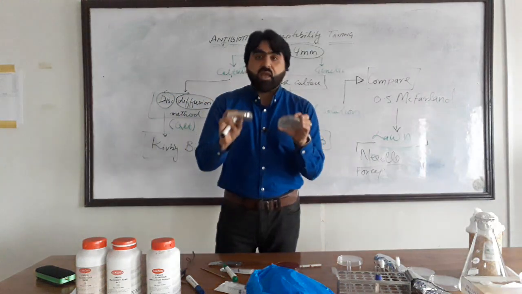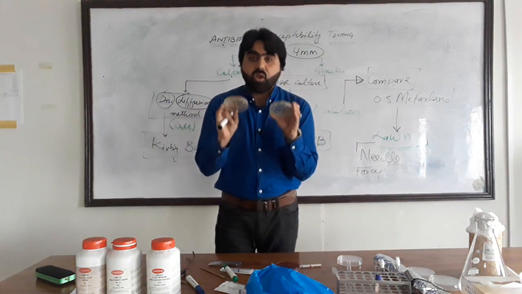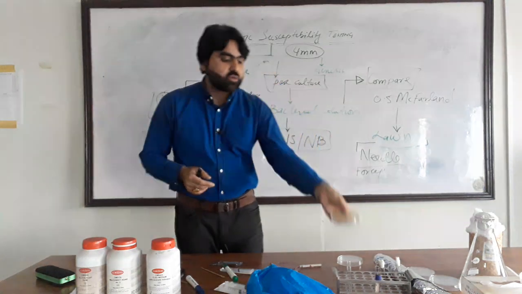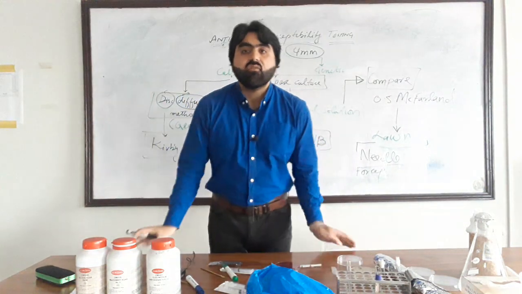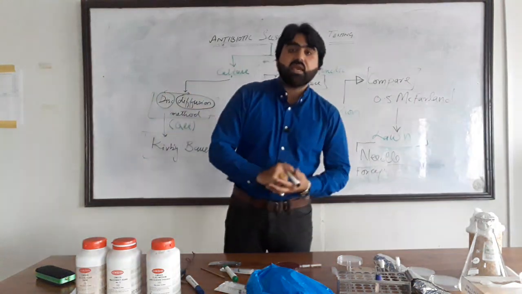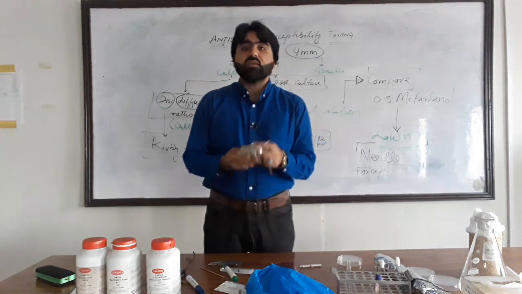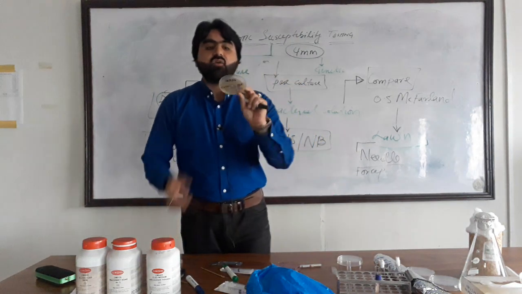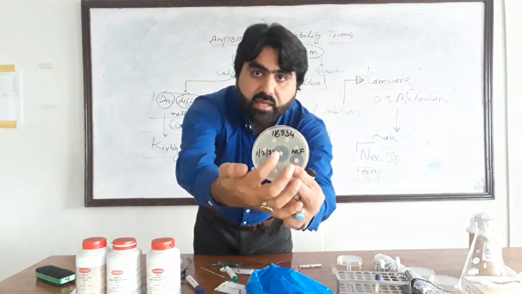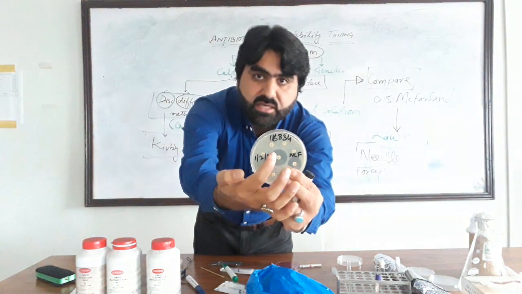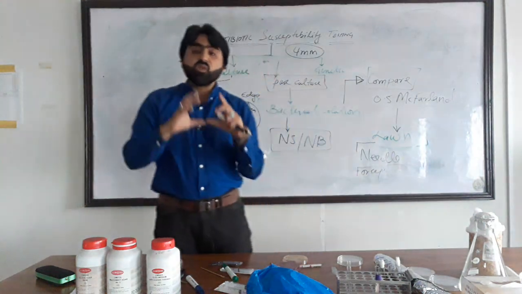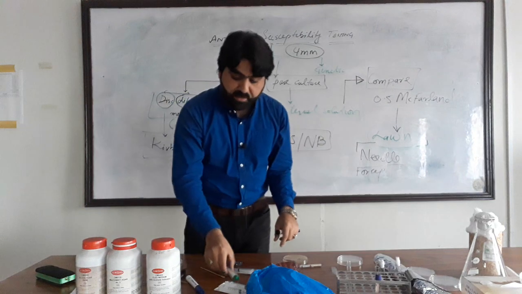So, after putting the antibiotic disc on the lawn of the bacteria, we incubate the plate in inverted position at 35°C for 16 to 24 hours. Then on the next day, we take out all these plates and we observe the zone of inhibition like this. The halo area, the prevention of the growth in the vicinity of the antibiotic disc, is the zone of inhibition. So, we observe the zone of inhibition.